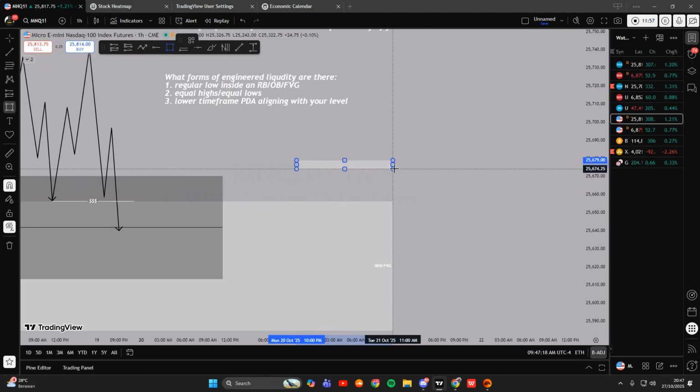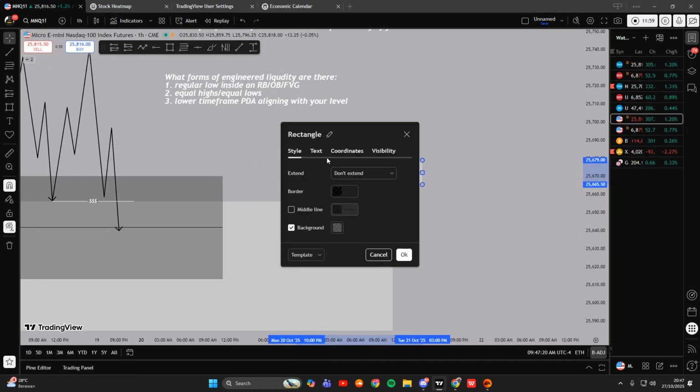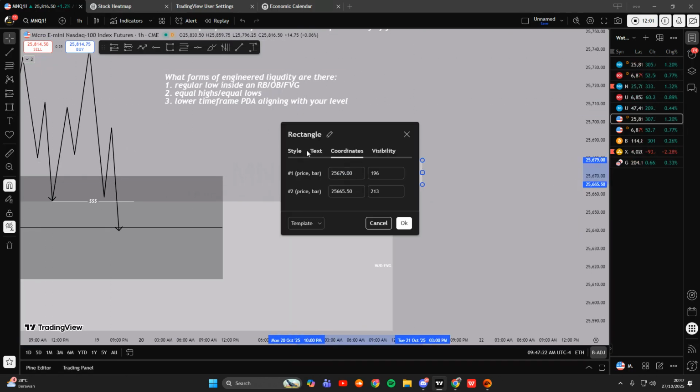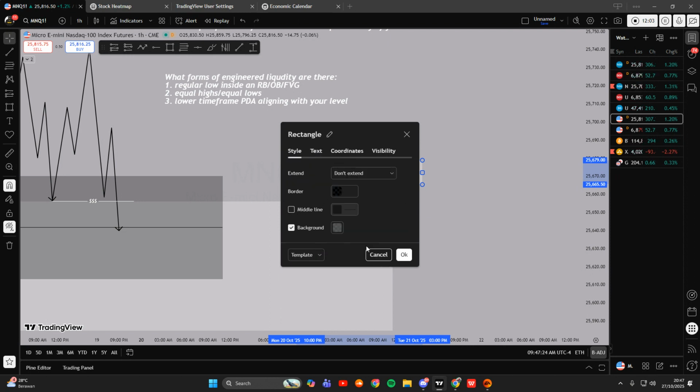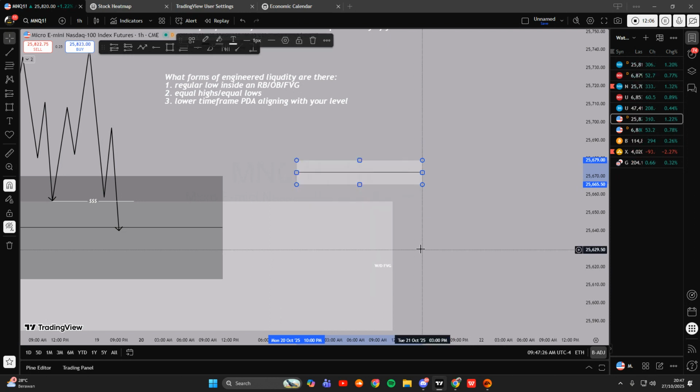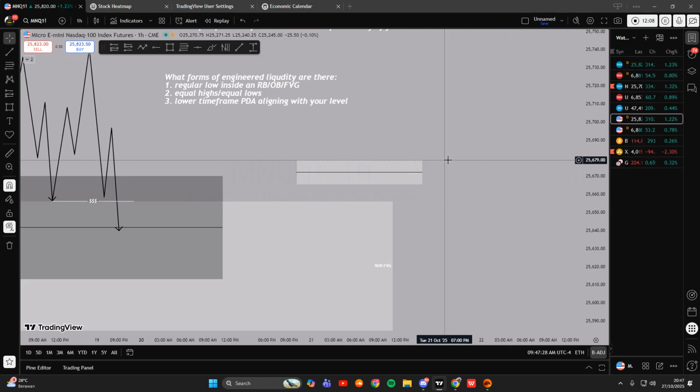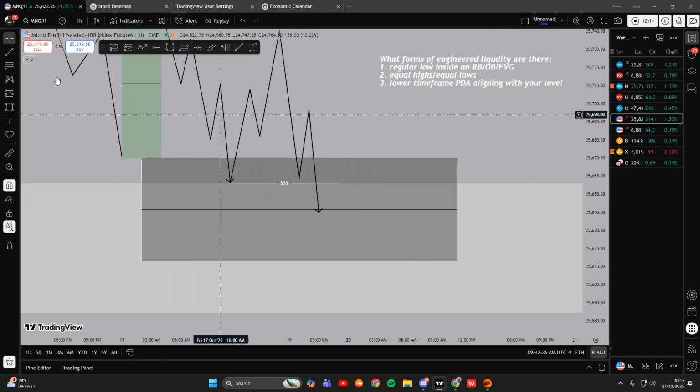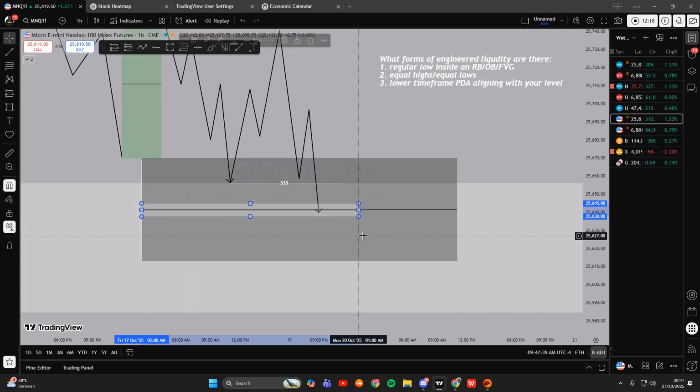Like I said, the three, I guess you can say four, most reactive parts of a PD array are the top, the CE, the bottom, or the OTE, like I just mentioned. So yeah, you want to have a lower time frame